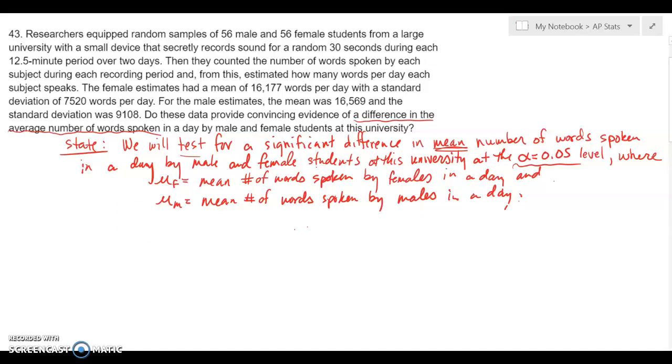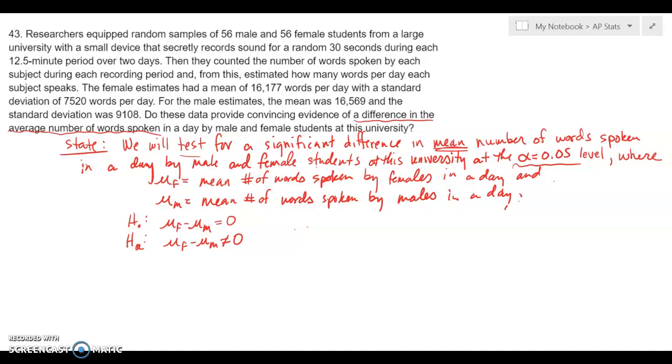Other thing we want to make sure that we include here are null hypothesis and alternative hypothesis. So null hypothesis looks like this. Mu sub f minus mu sub m equals 0, or in other words, there is no difference between the mean number of words of females in a day and the mean number of words spoken by males in a day. And alternative hypothesis looks like this, and that's mainly because they're just looking for a difference. They're not hypothesizing that females speak more than males or males speak more than females on average. So we've got our null hypothesis, our alternative hypothesis, and we're ready to move on into checking our